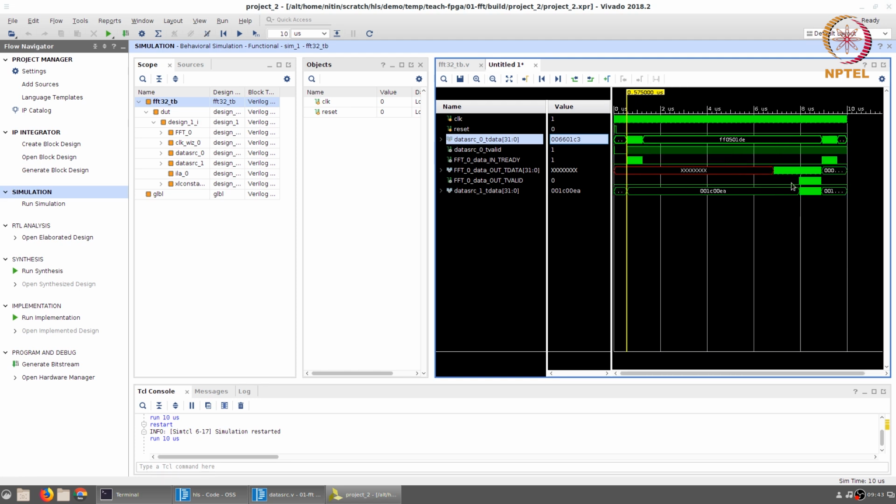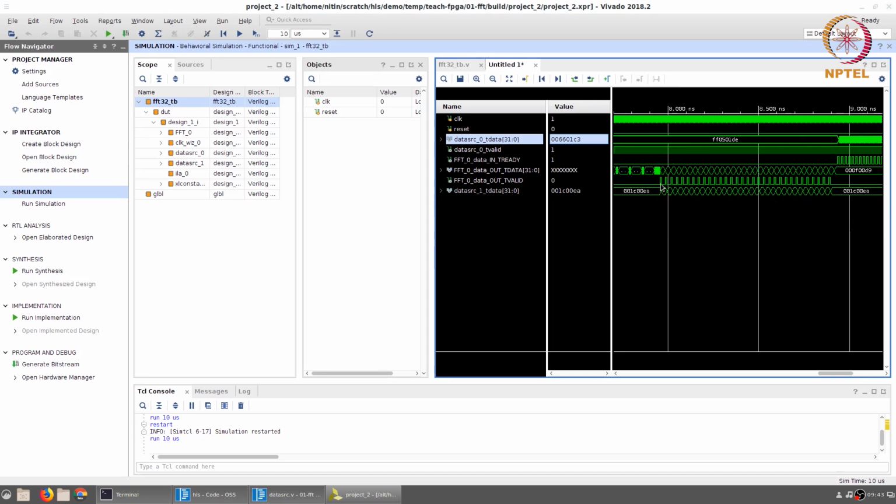and you will eventually see that it is after quite a while that the actual output starts to appear, right? So nearly 8 microseconds is the amount of time that it takes for the entire FFT to compute. If you recall the Vivado HLS synthesis report, there was a roughly 800 clock cycle latency, which at a 10 nanosecond clock corresponds to almost roughly 8 microseconds. So that makes sense. It's pretty much what you would expect.